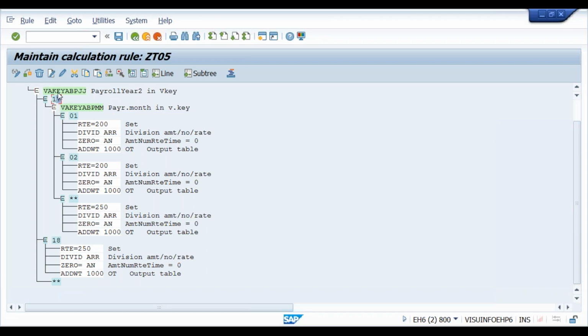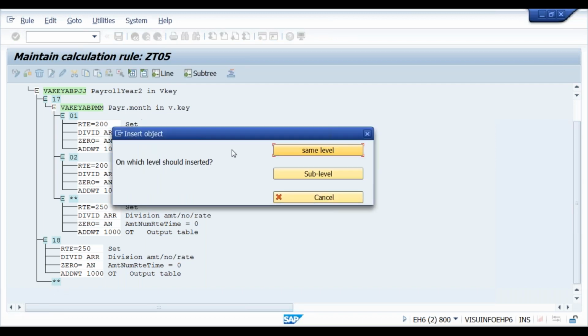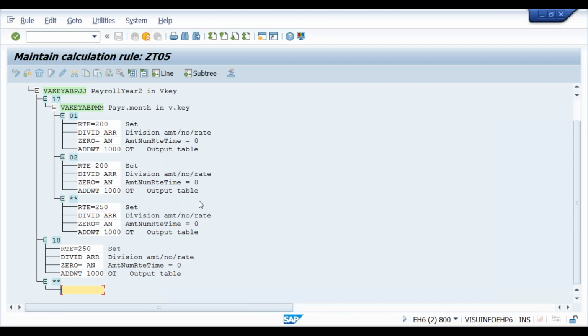It won't work for 2016. It will go here, and you have to write the old rule here. Let's say you have written it like this. Now what will happen again?